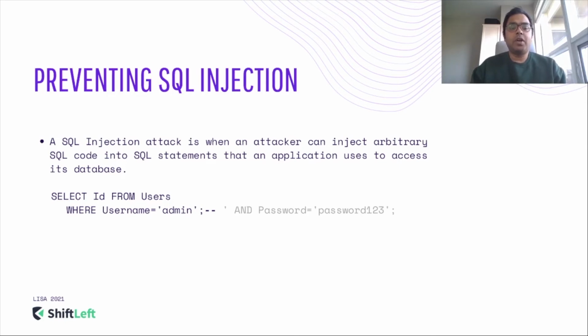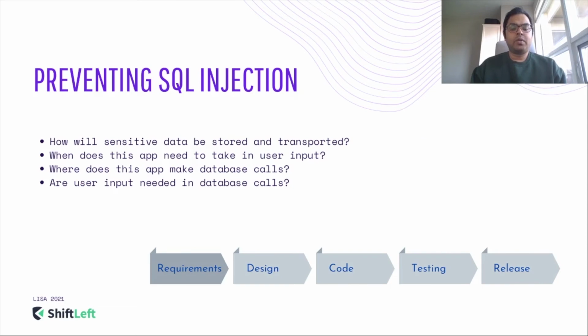So we have to think about how to prevent this. This brings us back again to the whole concept of having security embedded in the SDLC right from the beginning, shifting towards the left. And it starts with requirements. In requirements, you would want to first understand what the sensitive data is, where it is going to be stored, how it is going to be transported,